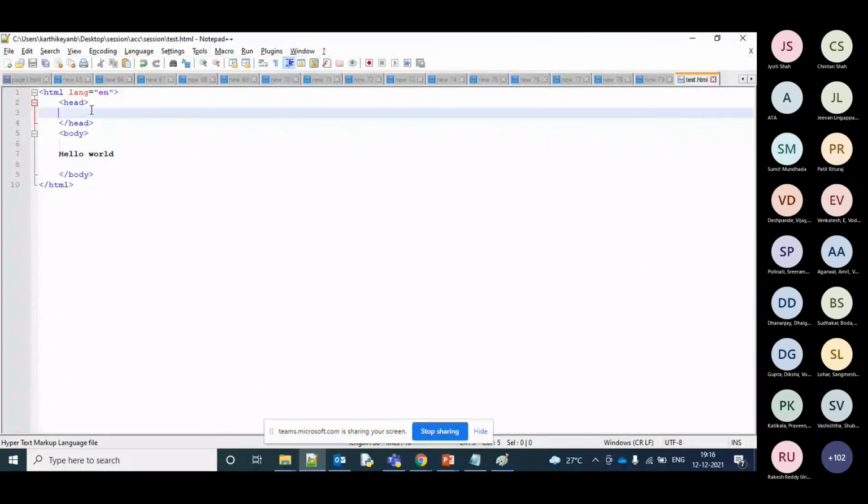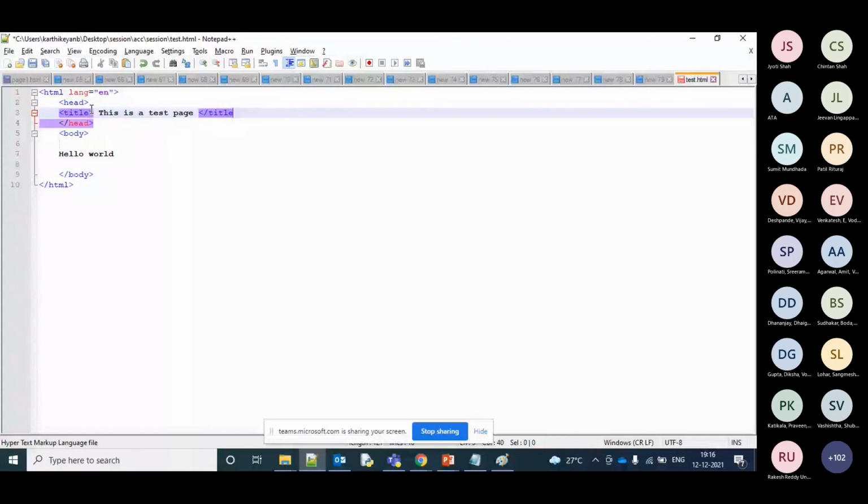But if I write a title, whenever the screen reading software starts, it starts with your page title. So I'm saying the title is "This is a test page". This will be really helpful for blind people.